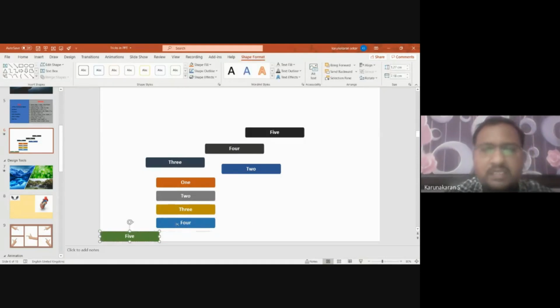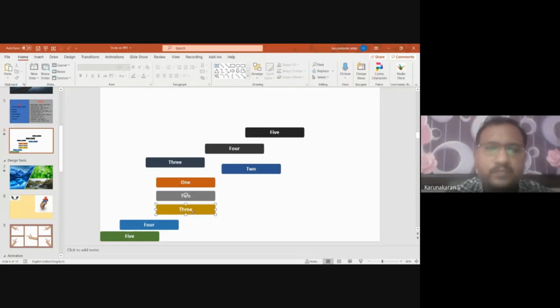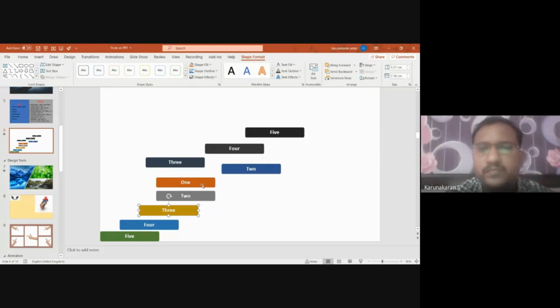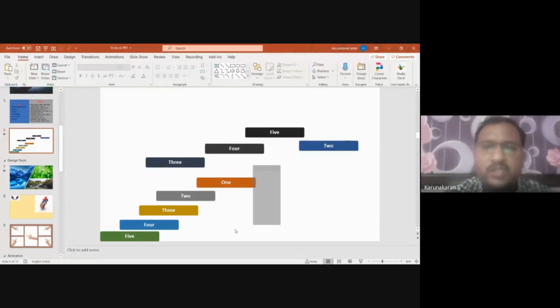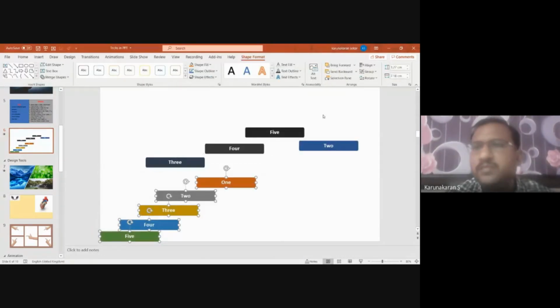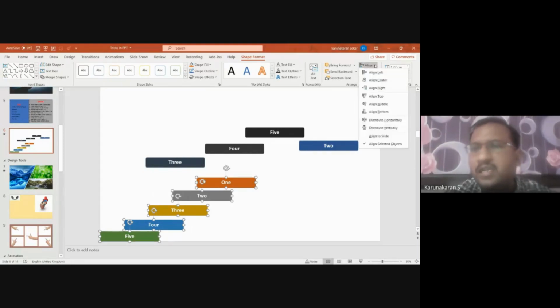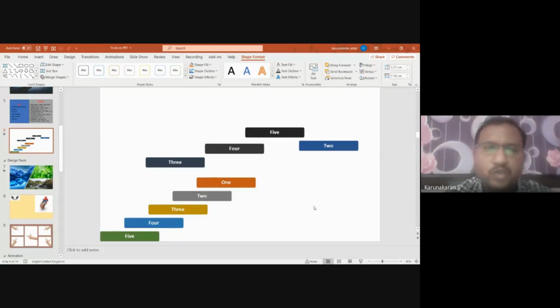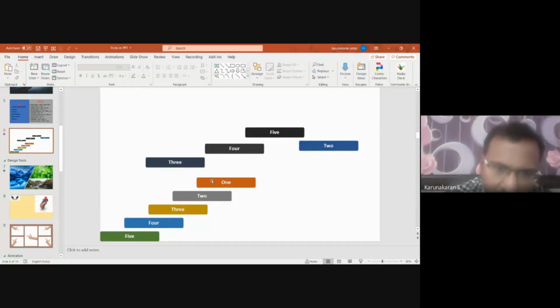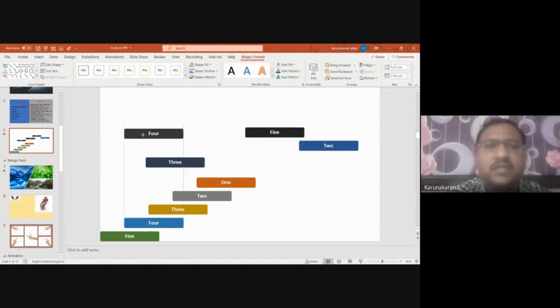If you want a staircase, let me move this randomly. But now again I do not know whether they are equally arranged or not. So I am selecting this, going to align, distribute horizontally, align, distribute vertically. So you can see the staircase gap is equal here, and the gap between all the boxes will become equal here. Similarly, I want this to be arranged in this direction.